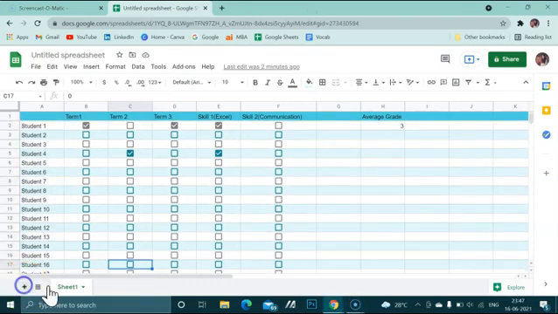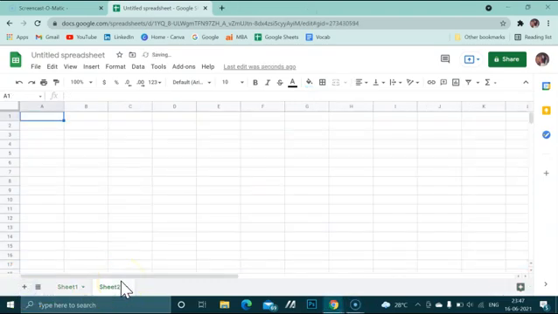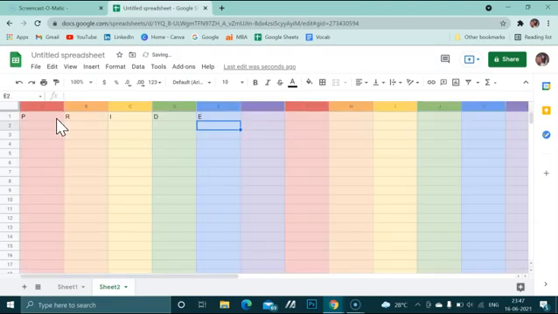Also, I want to give you a very interesting feature of Google Sheets that recently came in Pride Month. So this is that feature. If you write P, R, I, D, E and press enter, your sheet will be in a rainbowish color, and it looks amazing. So this was launched by Google Sheets during Pride Month 2021.